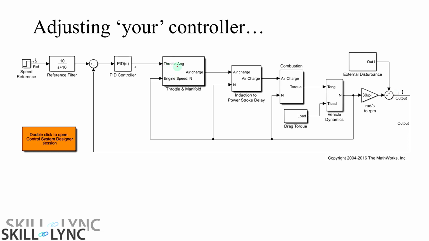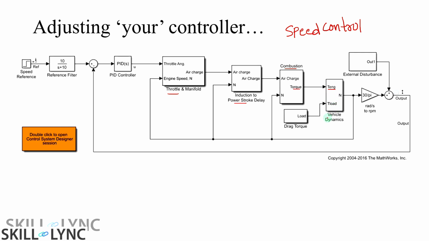So we have seen that in the arrangement of speed control of an engine, we have all the blocks connected in series like this. So we have the throttle block, here we have the power stroke block, then comes the final combustion. After combustion, the engine is going to generate some torque, which is called the engine torque, and engine torque will